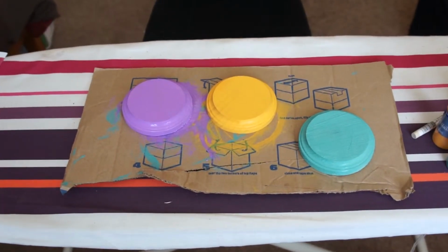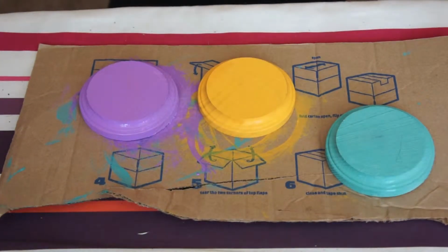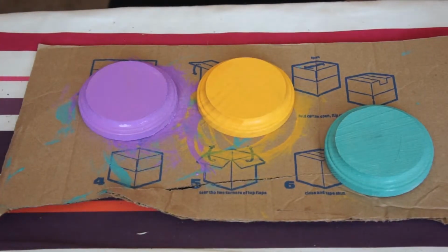Alright, so now all of them are painted and done. It only took me about 10 minutes to paint them. So these won't take any time to dry. We're just going to let them dry, and when we come back, we're going to glue the cork onto the